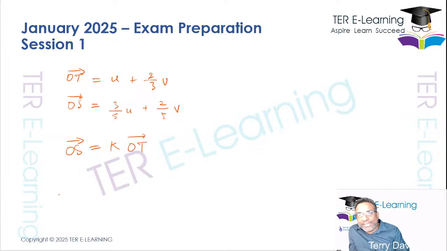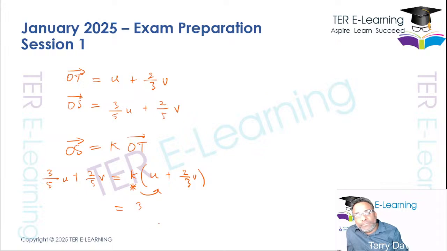Now the vector OS is equal to 3/5 U plus 2/5 V, sorry, and that K here is what we don't know, multiplied by the vector OT, which is given by U plus 2/3 V. Now we need to figure out what that K is. If you want to get 3/5 U, it means that K has to be equal to 3/5. Now let's double check that and see if that's really true. If I put a 3/5 in front here, and I multiply by U plus 2/3 V,